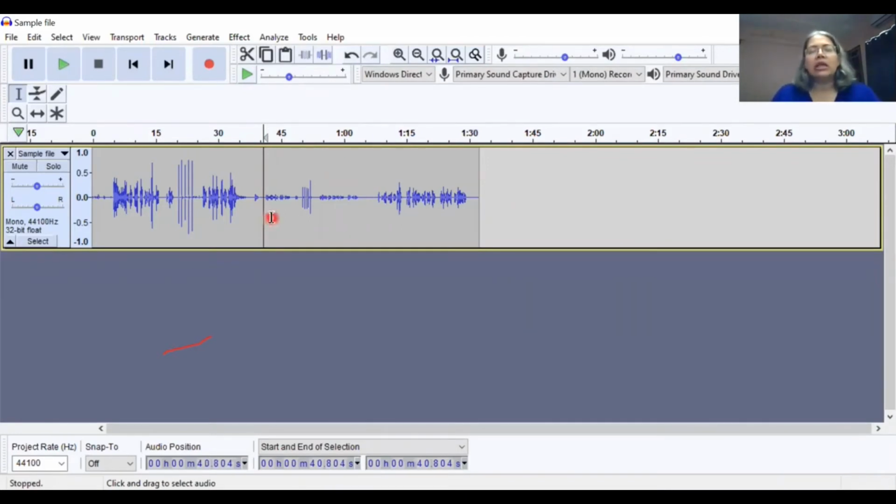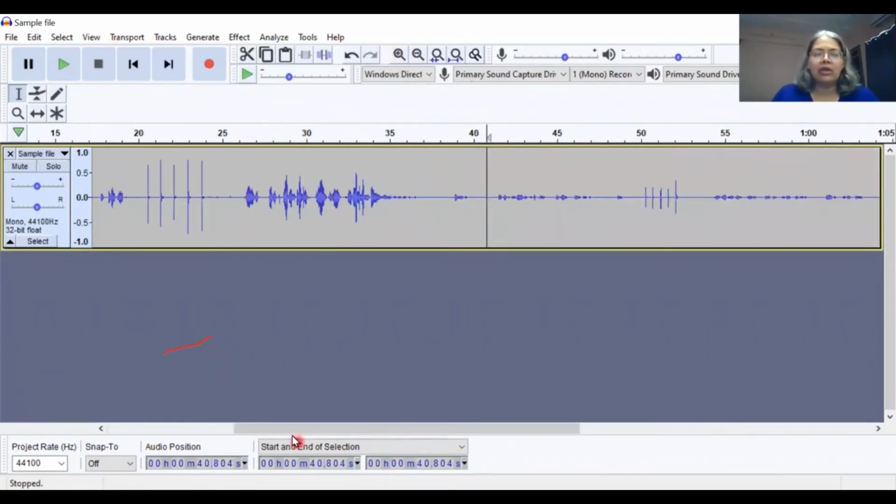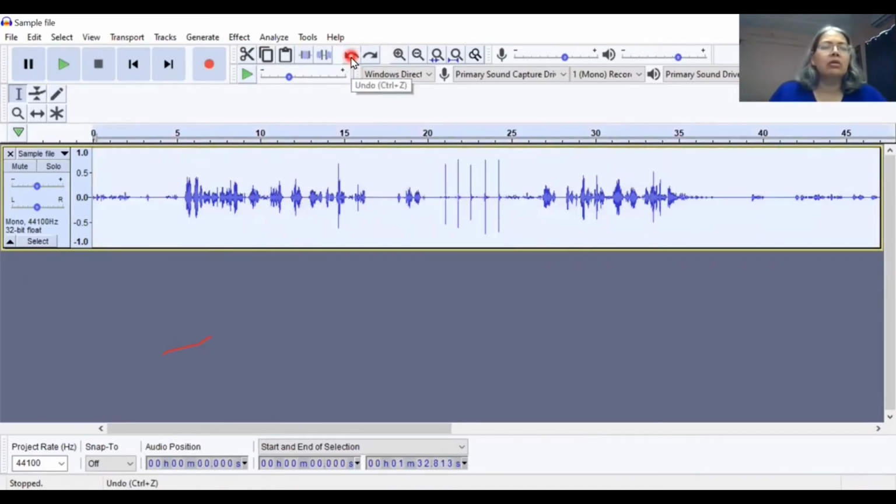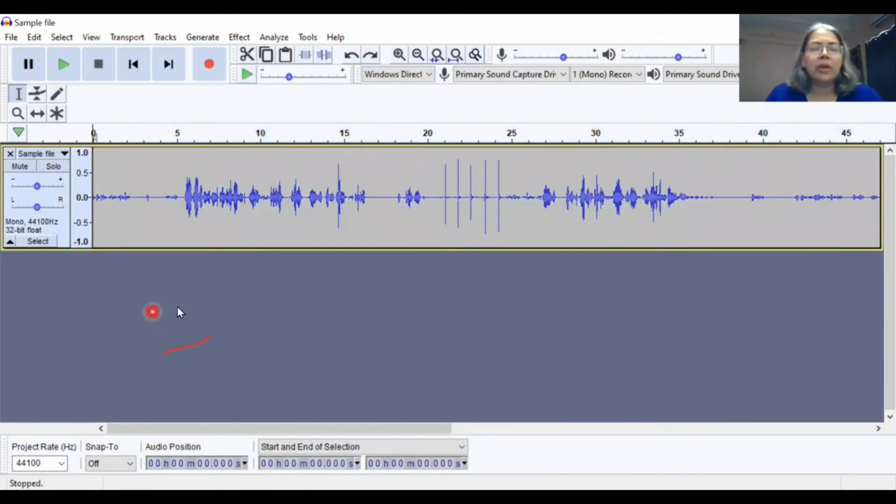So we need to increase the volume here. Maybe at times the recording is very loud. We need to reduce it because it's very troublesome for the listener to have that kind of sound in their ear. So now you remember what was there in the beginning. There was a hum, a very low noise. See, there are noises here towards the left in the beginning.